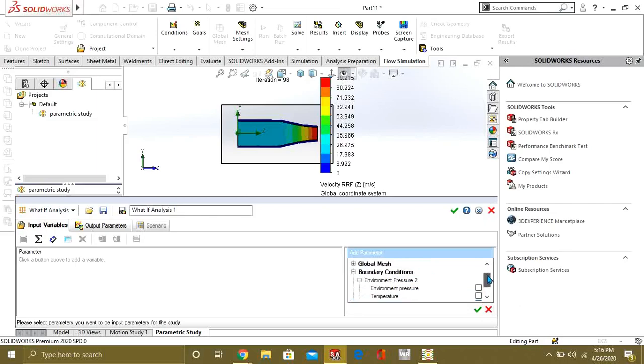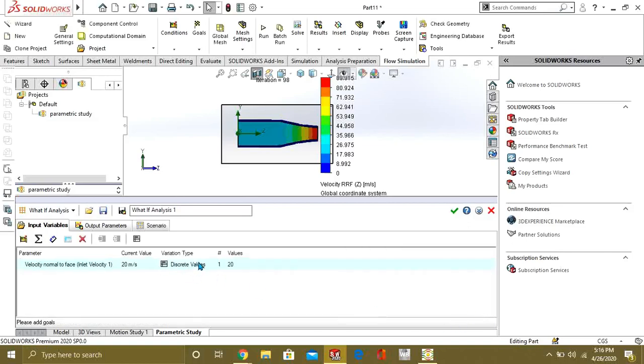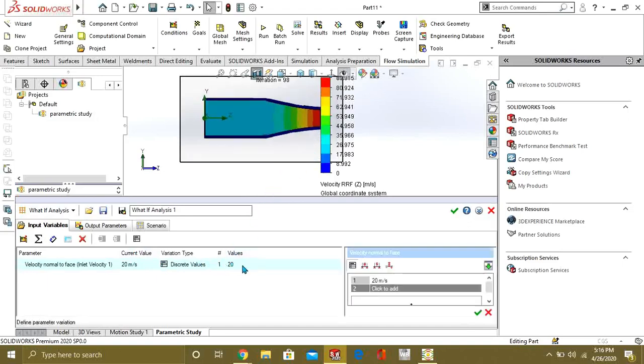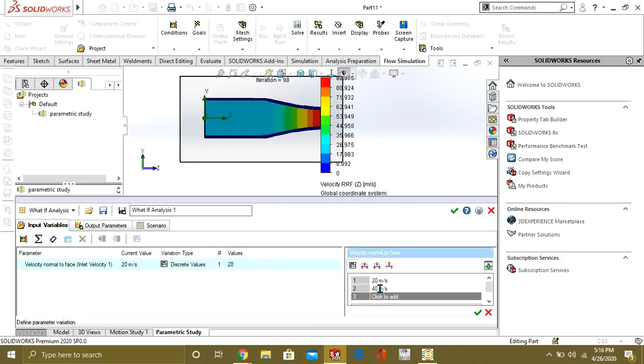So we will select the boundary condition where we want to see the different pressure on different velocities. So we will select this inlet velocity and select this velocity normal to face, select OK. Now you can see that we have this current value 20 meters per second, and we want to see the pressure or temperature at 40 and 60 meters per second velocity too. So we will just double click on it, and we will add here 40 and 60 meters per second